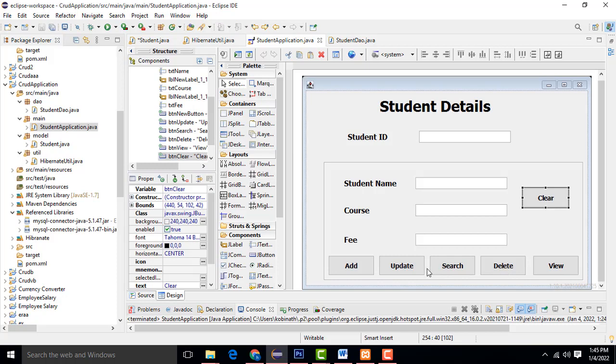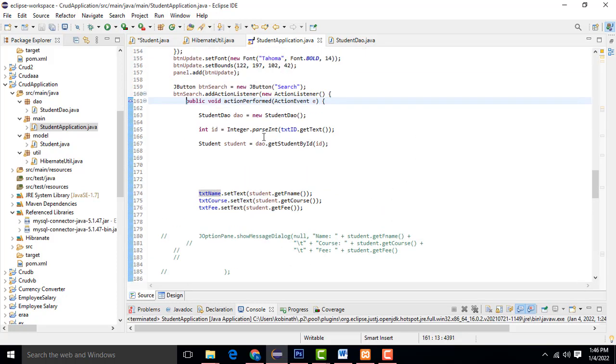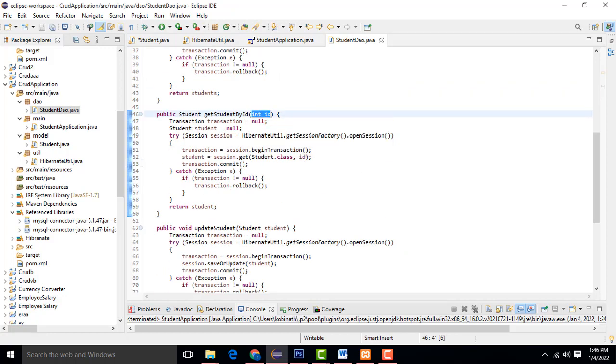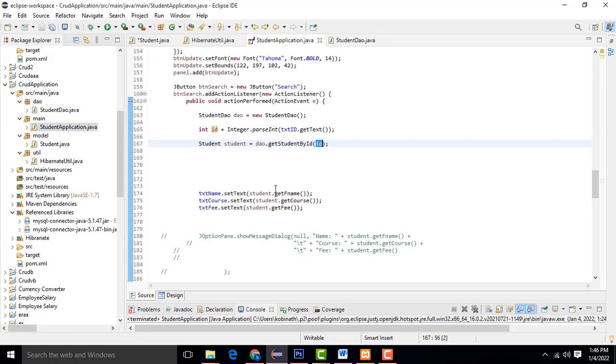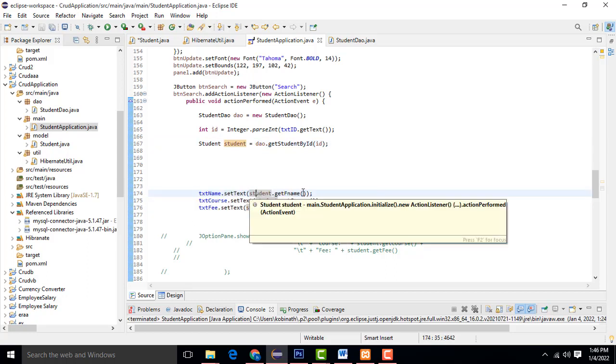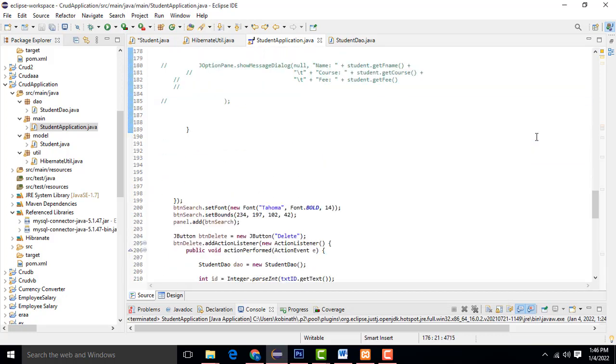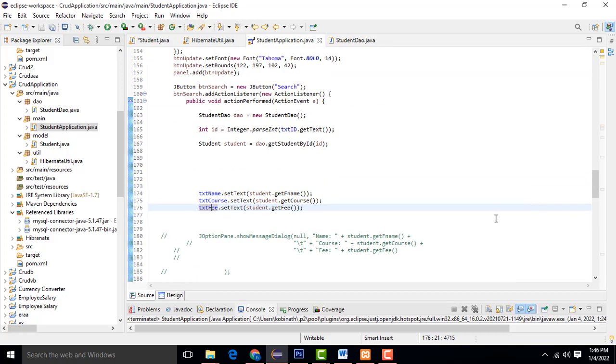After that, how to search the record, double click on this one. In a simple way we have to get the record. We have to implement the DAO ID. We have set this ID into a variable. Here DAO get student by ID means this ID is the argument, you will be able to see the argument of get by ID. Get the ID, do the search, with the search criteria like this. It gets the records and passes them into the relevant text fields once you enter this: txtName, course and fee. You have to set the text fields like this. That's it, this is how you pass to the text fields.